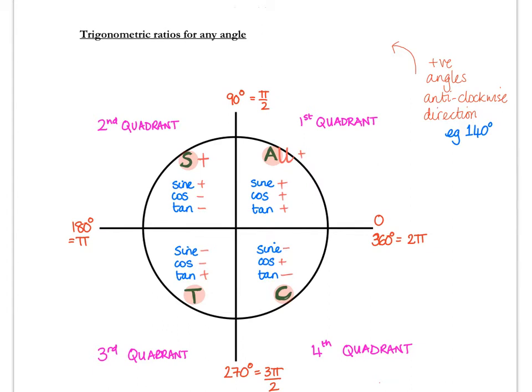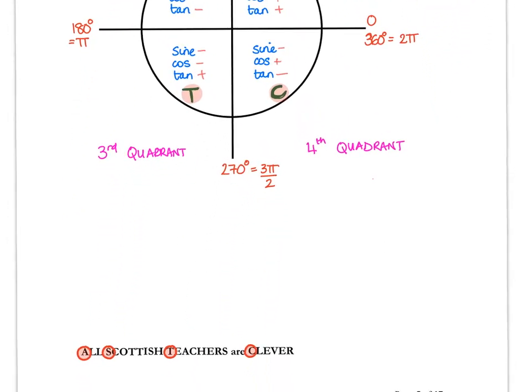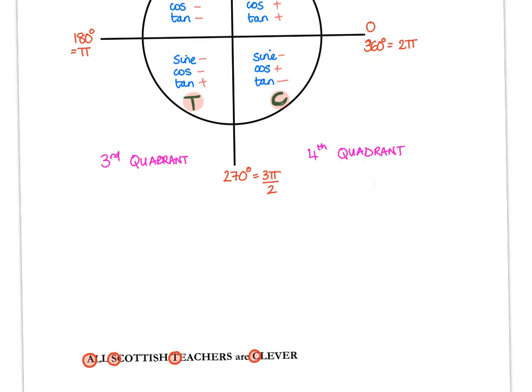ASTC, and it stands for, you'll see at the bottom of this page, all Scottish teachers are clever. And the C only stands for clever. So if we look at the bottom of the page, you will see the mnemonic there. All is your first quadrant, so they're all positive. S for Scottish is your second quadrant, so it's only sine that's positive. Your third quadrant, tan is positive, and in your fourth quadrant, it's only